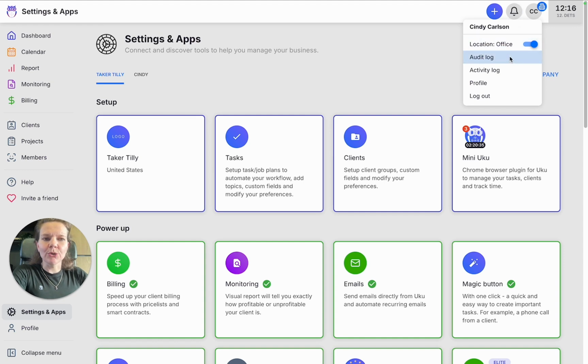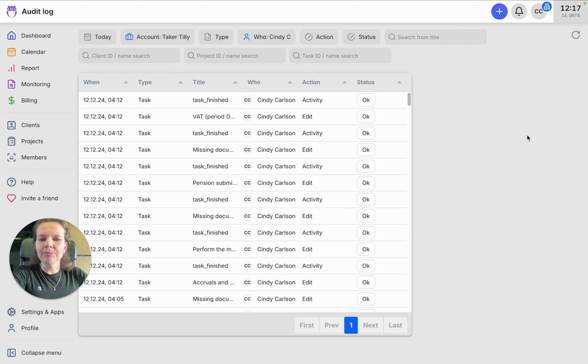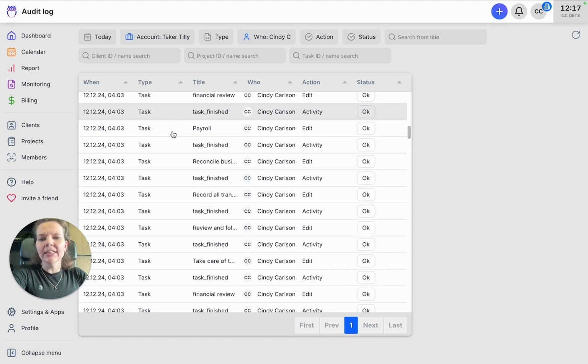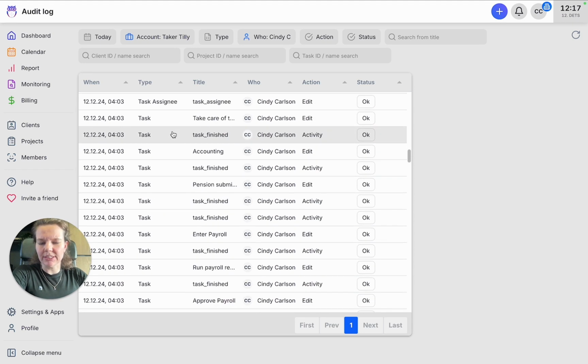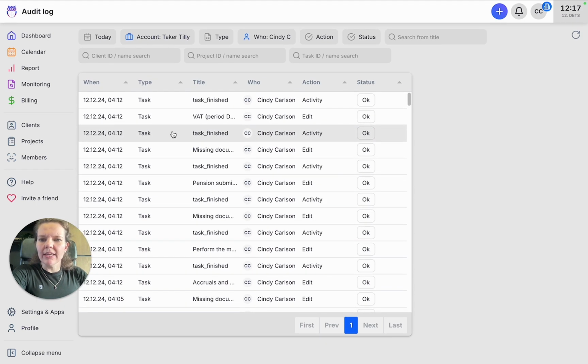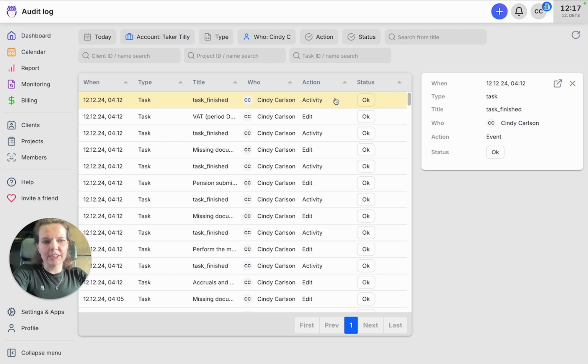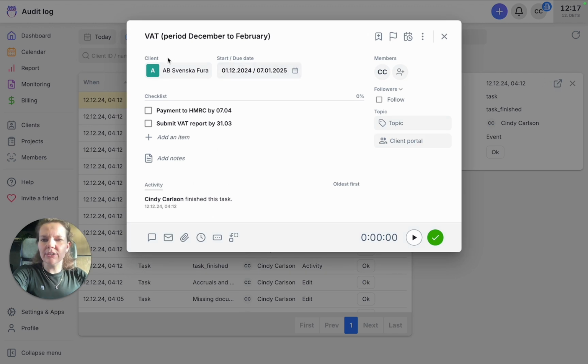I do want to show you briefly the actionable audit log, just to show you that this is the place where you can see all the actions that you have done across the system with tasks, clients, contracts, different types of objects in the system. And also, if someone has deleted a task, then there will be an option to restore that task by clicking on this, and then there will be a restore button. Here you can easily access also the task or the contract or client that has been edited.